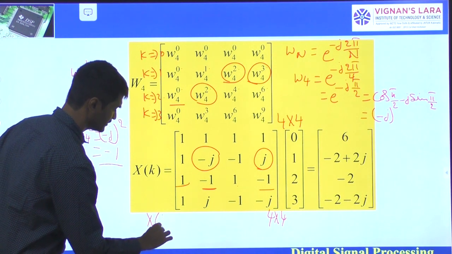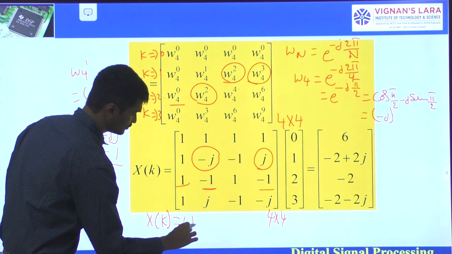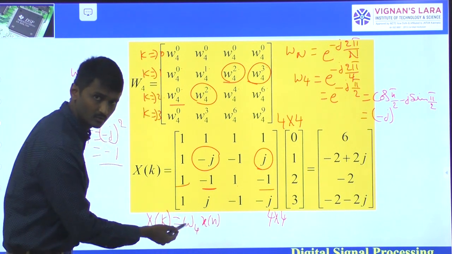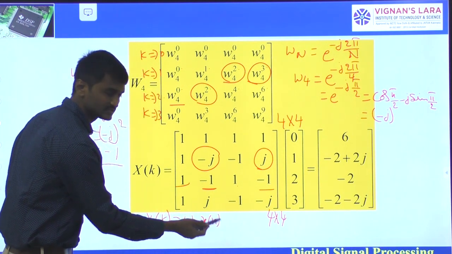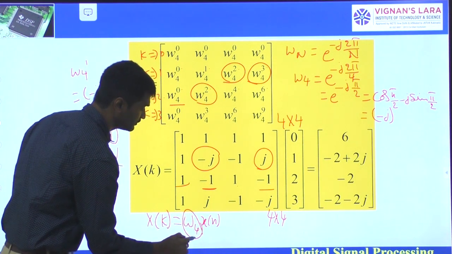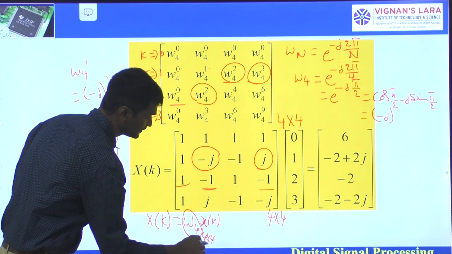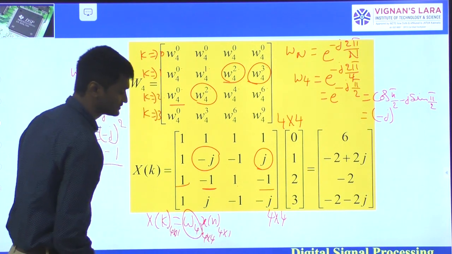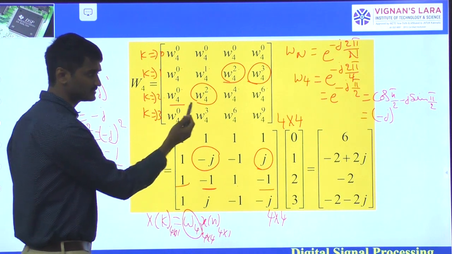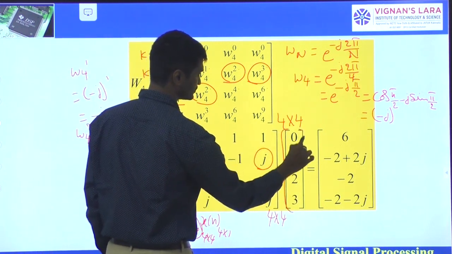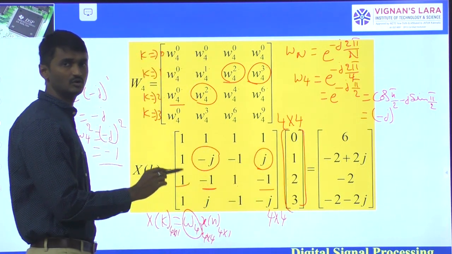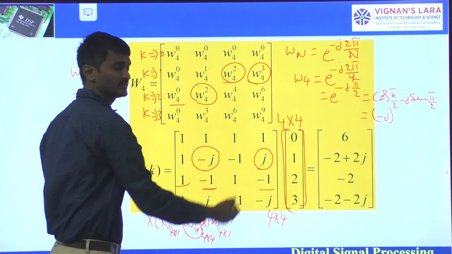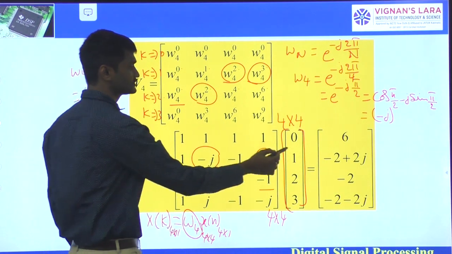As already we know that X of k is equal to omega 4 times x of n. Here in this problem, N equals 4. So omega 4 is nothing but the Twiddle factor matrix of size 4 by 4, and here it is a 4 by 1 matrix, which is nothing but the given sequence x of n. The given sequence x of n is 0, 1, 2, 3. So apply the matrix multiplication, and you will get